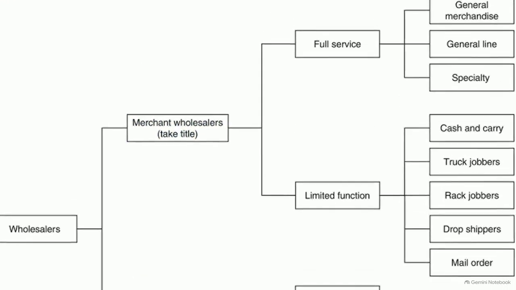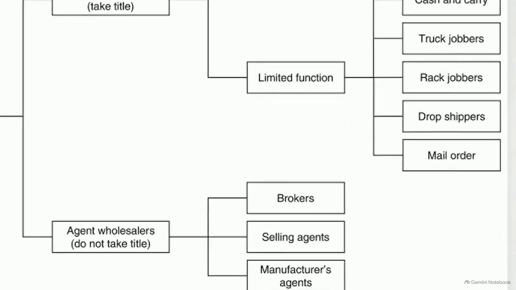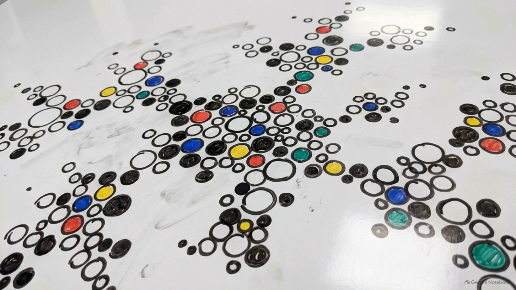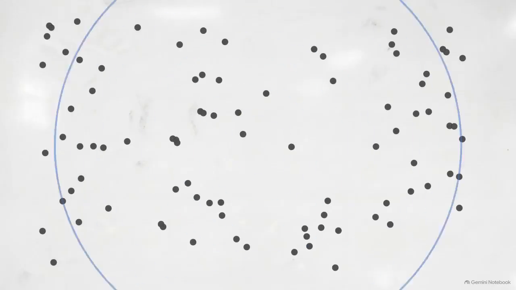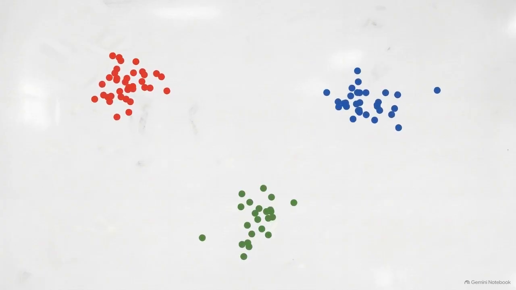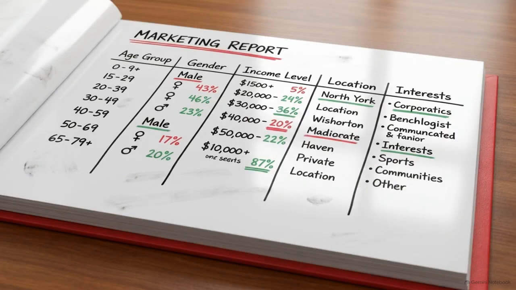This strict top-down logic sometimes generates empty classes, categories with no known phenomena. These theoretical blanks aren't failures. They prompt researchers to hunt for missing data. The alternative is classification from below, using inductive grouping procedures, like cluster analysis. Instead of imposing a framework, researchers analyze massive sets of data and let the natural clusters form the categories. Whichever method is used, the objective remains identical. To build a valid theory of marketing strategy, we have to partition the noise into epistemologically sound categories.